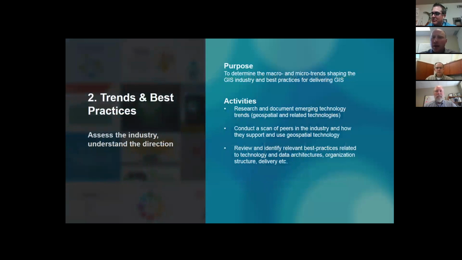The second step, like I said, was trends and best practices. So what we want to know here is, it's constantly changing, the industry of GIS. I'm sure you are all aware of that. And so is the bigger, broader world of digital, of location-based technologies. As well as industries are changing as well. There's always, especially in local government, there's always changing pressures, changing drivers and sociological trends, economic trends that are impacting what's going on. So it's important to really have a good handle on what those trends are and what are the sort of the best practices, or at least good examples from other peers in your area or in the world, perhaps, of who's supporting and who's addressing some of these trends, and how are they delivering their GIS